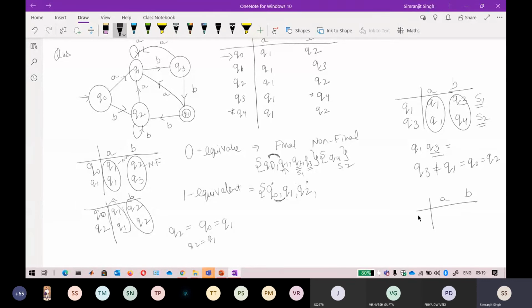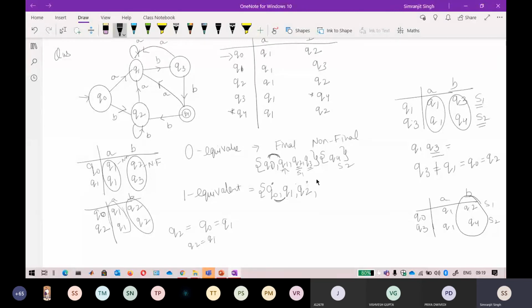If I check it for Q0 also, it will give me the same result. Q0 goes to Q1, Q2 and Q3 goes to Q1, Q4. Again you check it at B. This state is going towards set 1 and this state is going towards set 2. You only have to check one of these states because they are equivalent to each other; it will give you the same result.